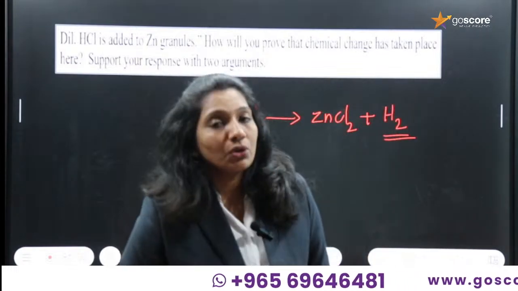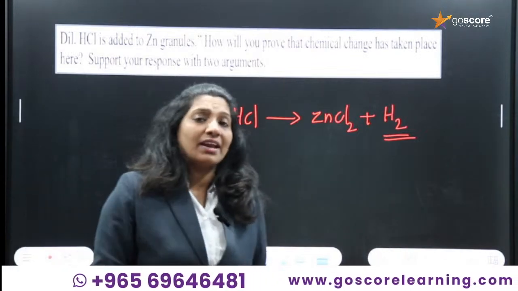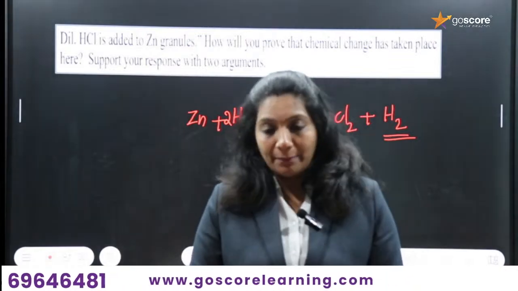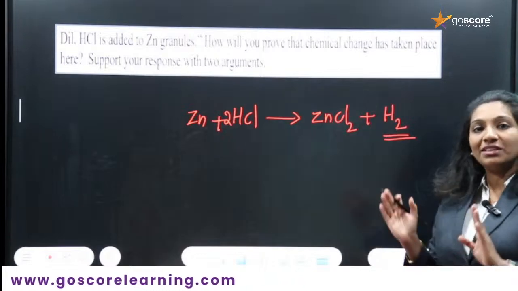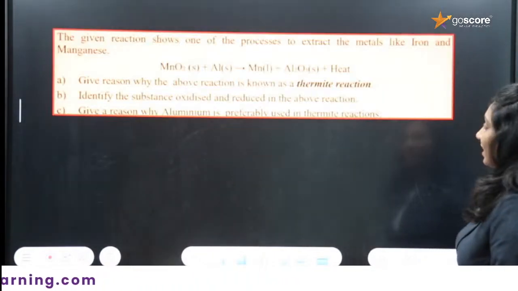Okay. So with these three statements, you can confirm that when you add the zinc granules to the dilute HCl, a chemical reaction is happening. Okay. So that is the question from section B for 2 marks. Now we are moving on to section C, which contains